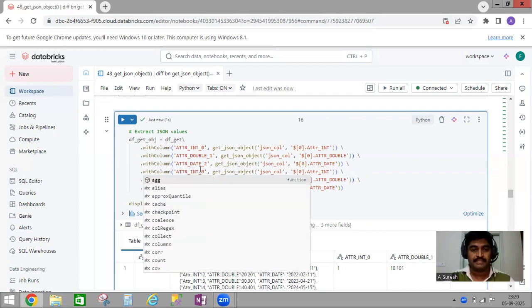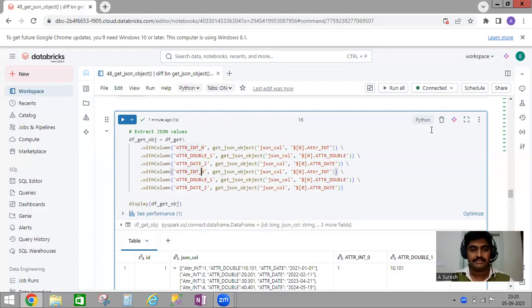So here, suppose index 3, and attribute double 3, attribute date 3. So from this JSON and from index 3, and here also index 3, and here also index 3. So if I try to run this,